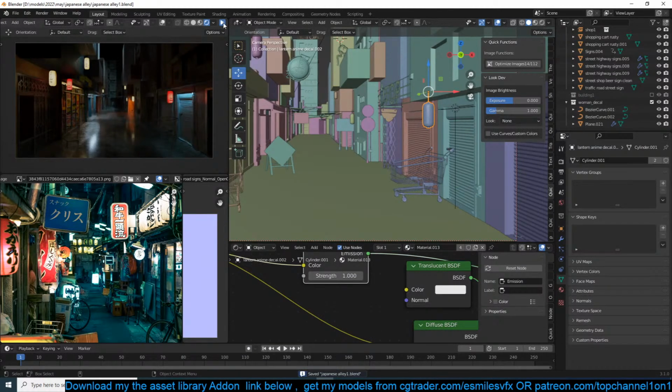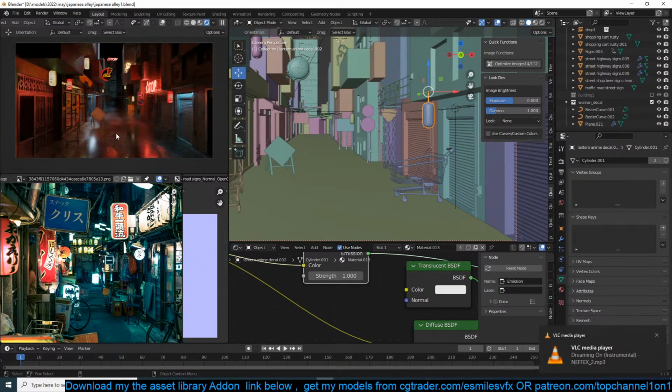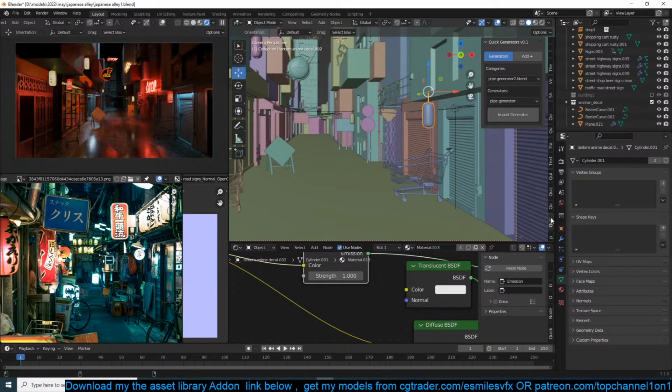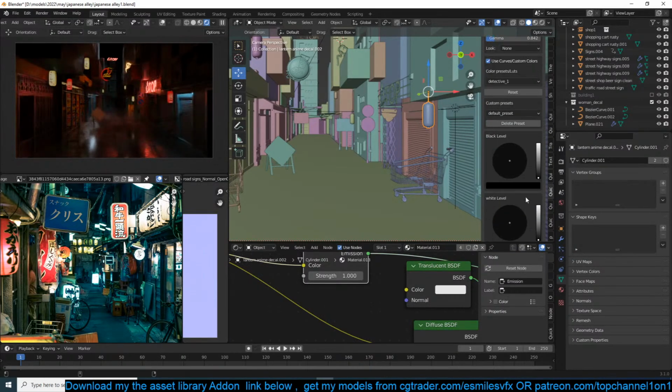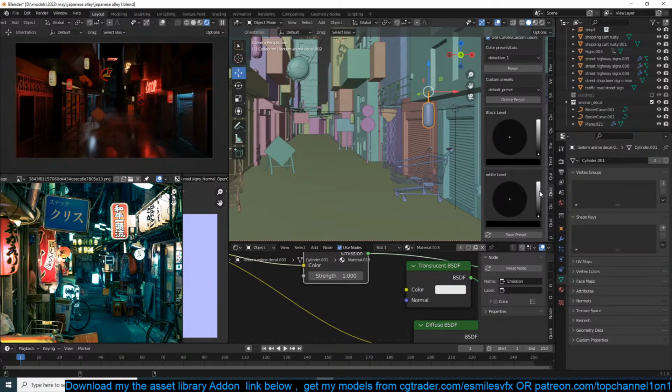Yeah, so this has optimized. Good. Let's see. That's not bad. One thing I'm going to do is go to my quick functions and play with the contrast a bit and play with the colors as well.